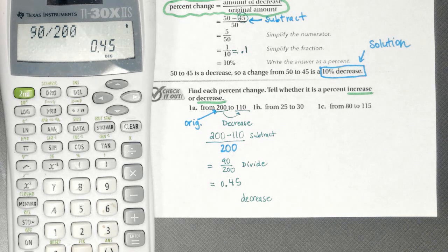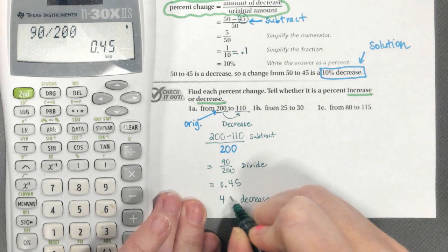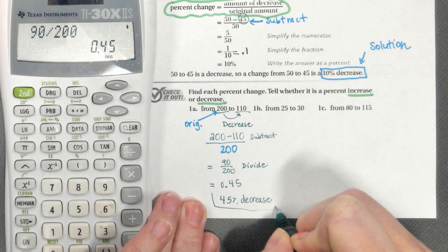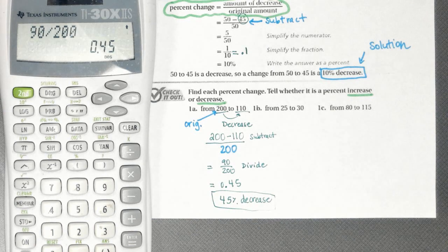Okay, so you should have, when you move the decimal twice, 45%. Okay? All right, so for 1B,